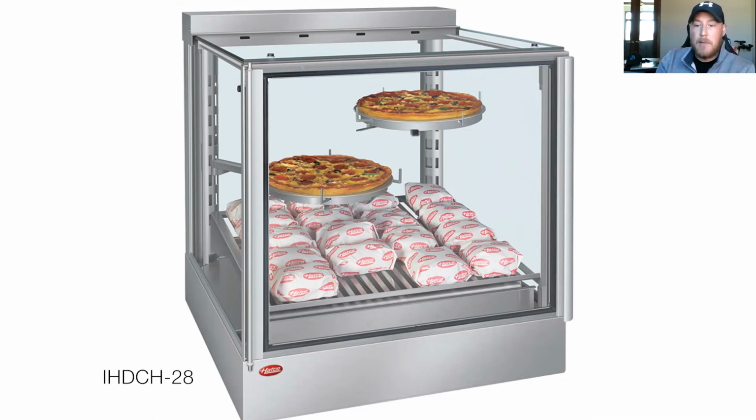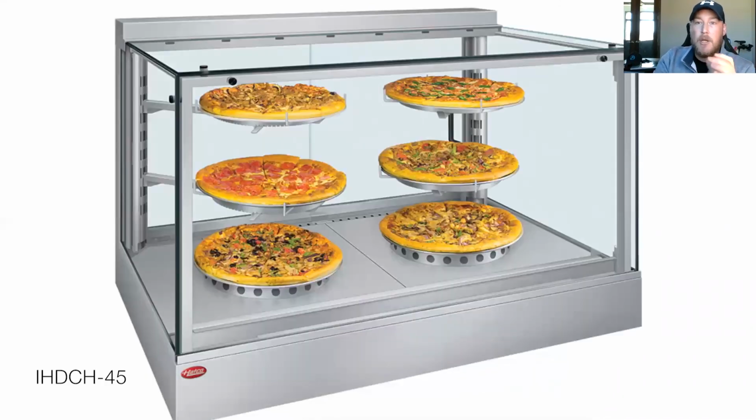But let's start out with talking about the look of the unit. Obviously from this, it's very different from our other humidified cabinets. It's very different from a back of the house heated holding cabinet, and it's very different from an FSDT or an FDWD, which are very, very popular. You see them all over the place, and they do a fantastic job. But with this one, you can see just from looking at the pictures, less frame, more glass. It's about the product. It's not about the unit that's holding the product. In fact, you can see in this picture here, the product appears as if it's levitating. So everything on your eyesight goes right to the food product, as opposed to any signage that's on there or